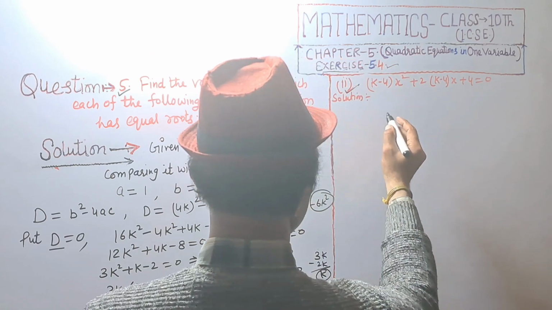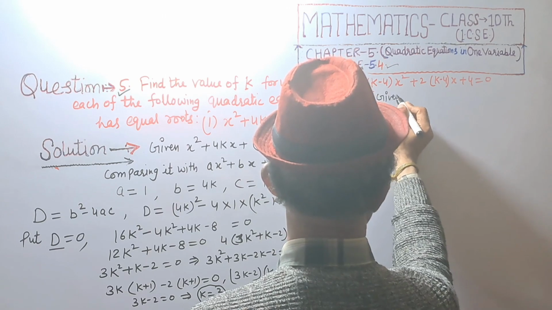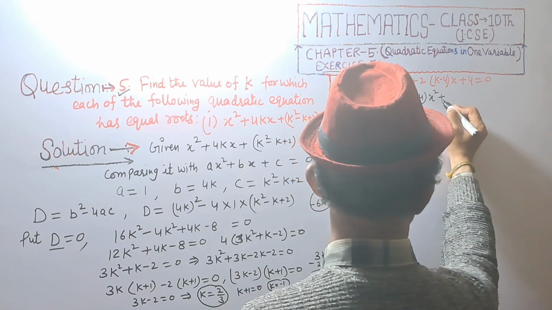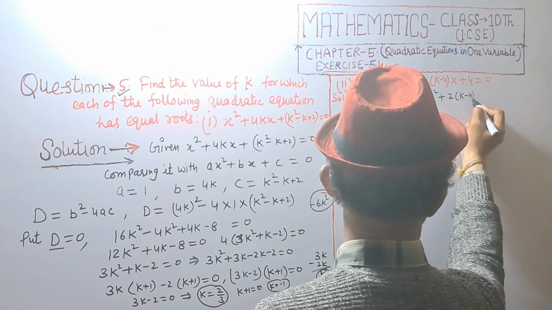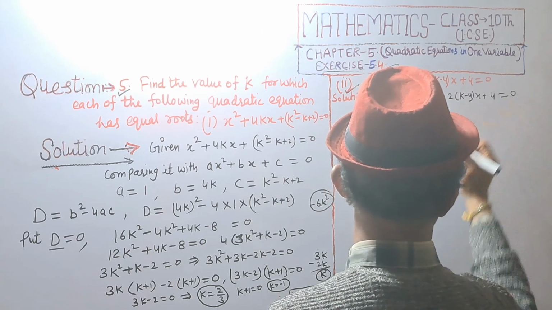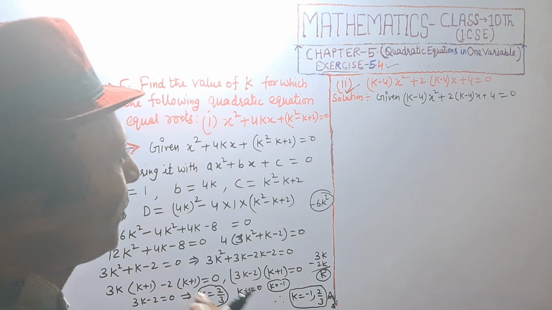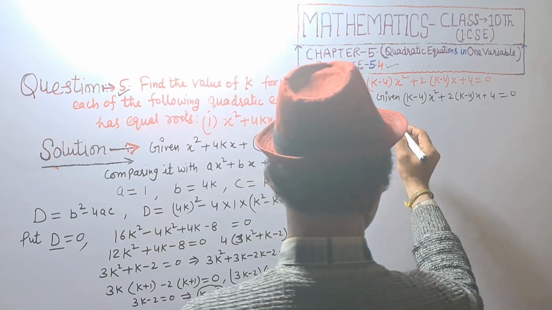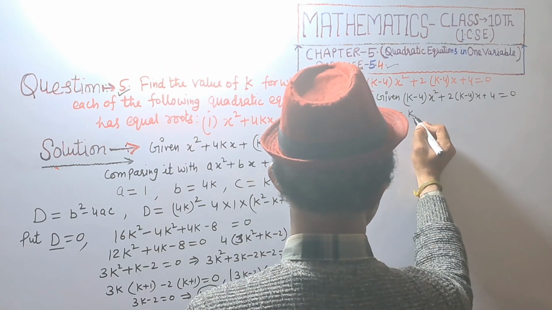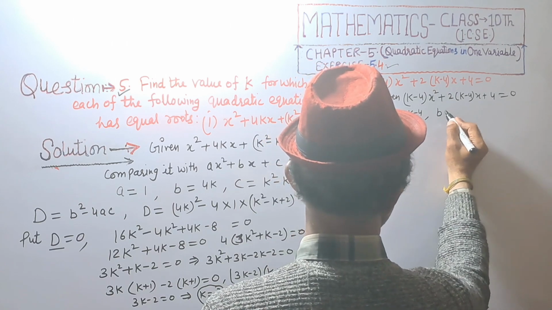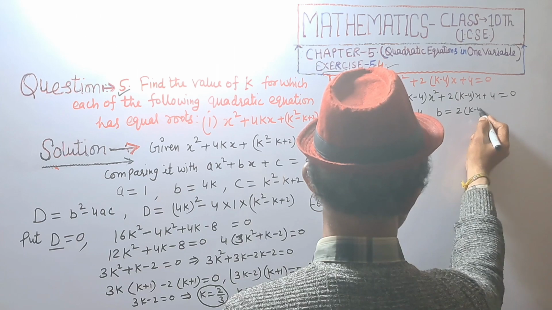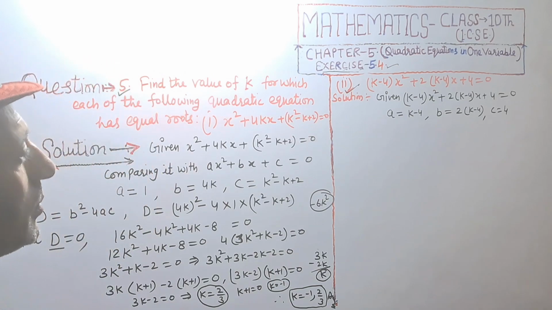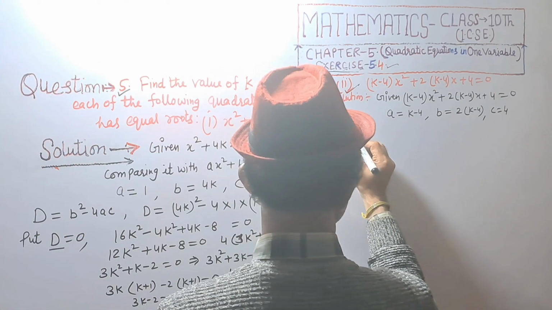Second part is given. k minus 4 into x raised to power 2 plus 2 into k minus 4 into x plus 4 is equal to 0, and we are comparing this quadratic equation with ax square plus bx plus c equal to 0. We get a is equal to k minus 4 and b is equal to 2 into k minus 4 and c is equal to 4. Constant term c is equal to 4, and using the formula